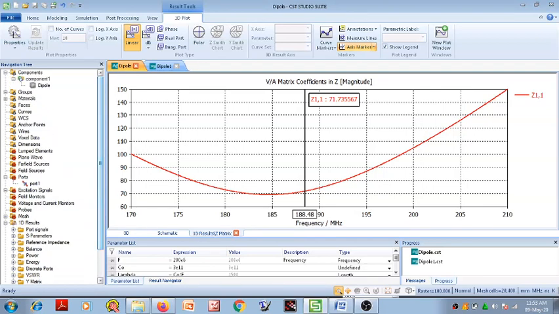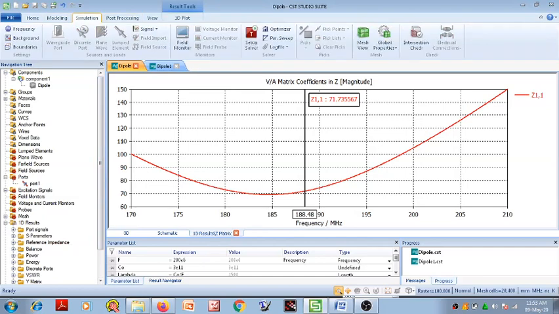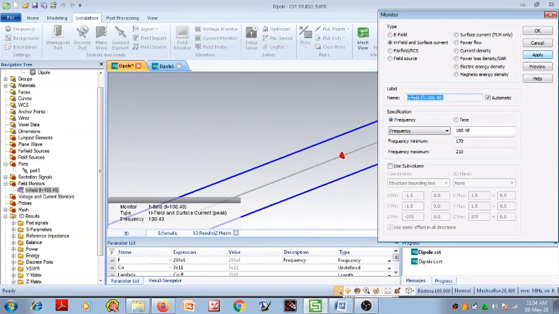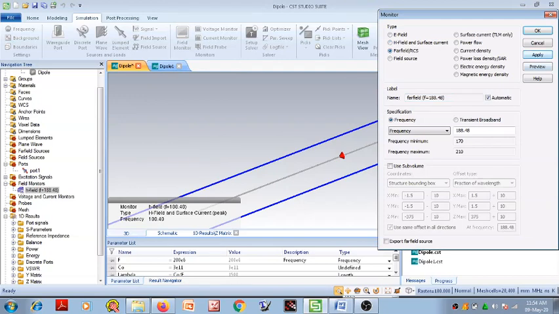Now next step is to apply field monitors here. Click on field monitors. The resonance frequency we have to select here, 188.48. Apply H field and surface current. Then apply far field and RCS.